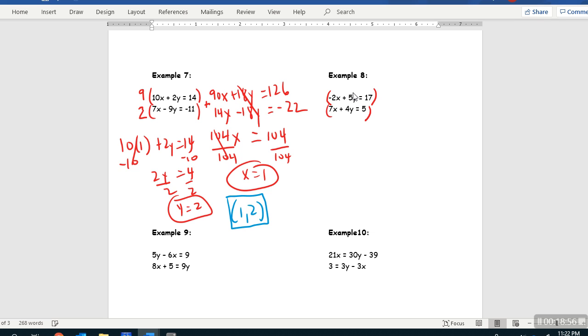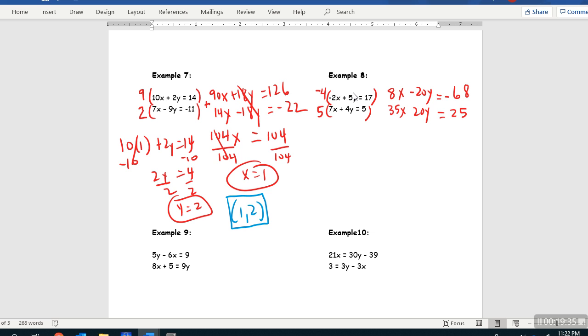One of them needs to be negative. So I'm going to multiply the top row by 4, and let's make it negative 4. Bottom row by 5. So what is our new top row? Negative 4 times negative 2x is 8x. Negative 4 times 5y is negative 20y. Negative 4 times 17 is negative, that will be a 40 and a 28, 68. Bottom row, 5 times 7x, 35x. 5 times 4y, 20y. So here's the reason we chose the numbers that we did. 5 times 5,